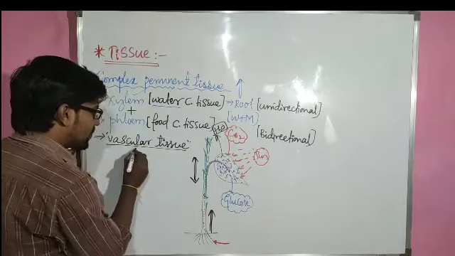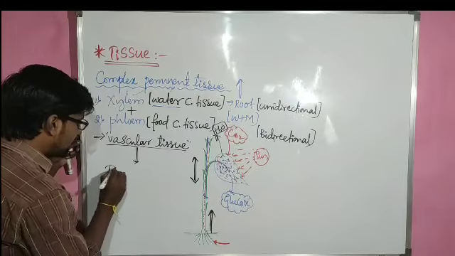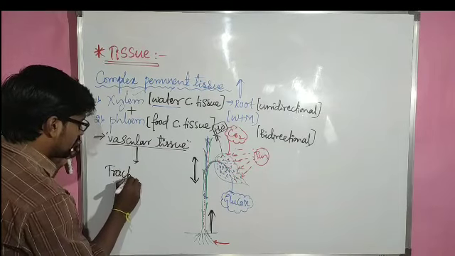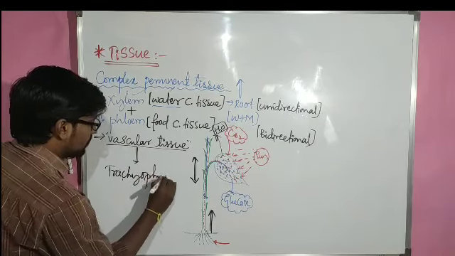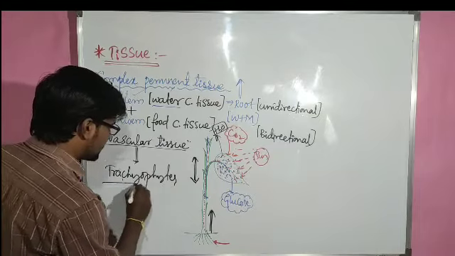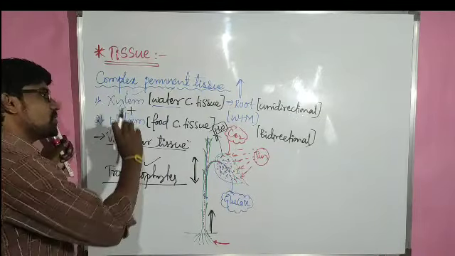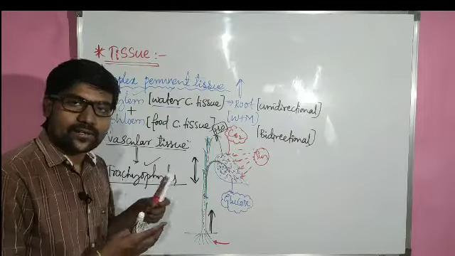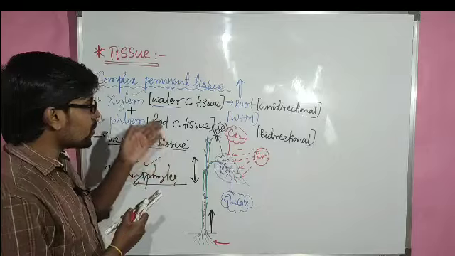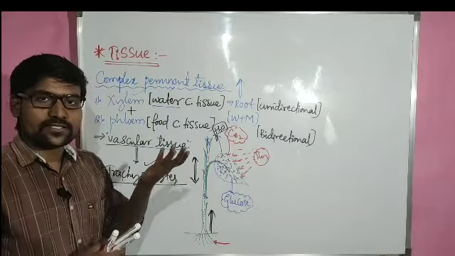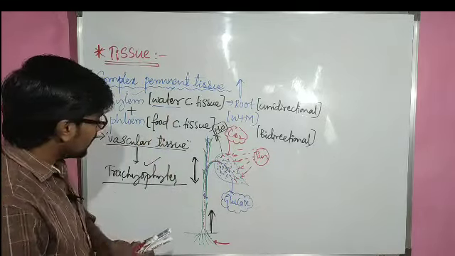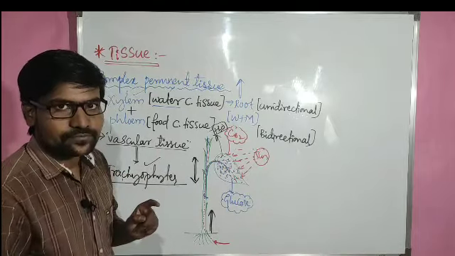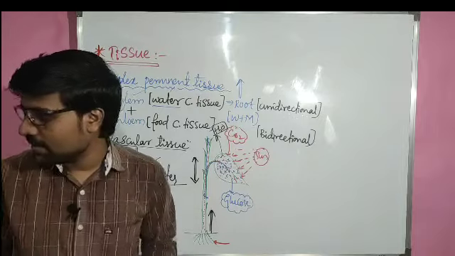Plants having the vascular tissues are called tracheophytes. Tracheophytes means the plants which have xylem and phloem. Usually lower plants do not have xylem and phloem. For example, algae is a plant, but it does not have xylem and phloem. Bryophytes also do not have xylem and phloem. Such plants which have xylem and phloem are called tracheophytes. So coming to our xylem here,